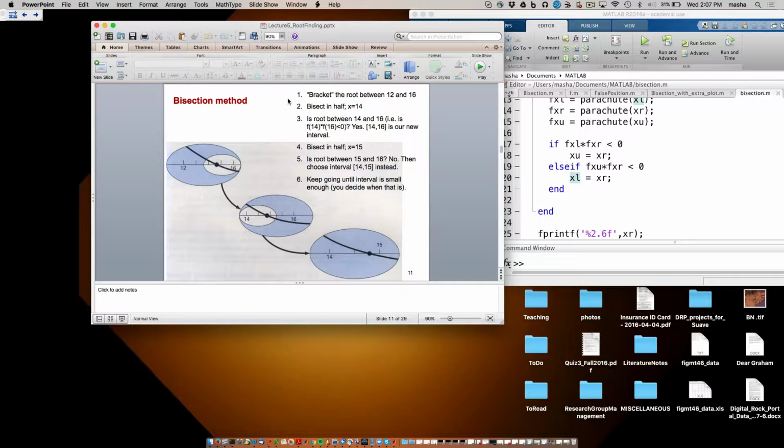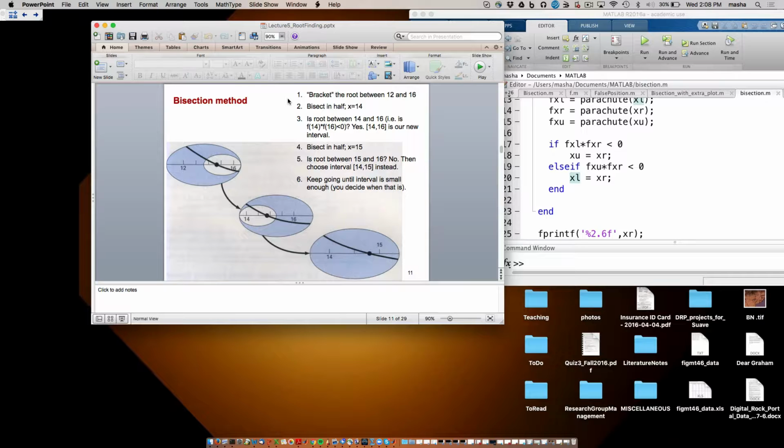Basically, find the interval, and that interval we will call the bracket if on one end of the interval we have a function that is positive, and the other end of the interval we have negative, or the other way around. Either way, the function should have opposite signs at the ends of that interval. And then you literally just keep splitting that interval in half and choosing the better half. And the better half is the one that has the same bracket